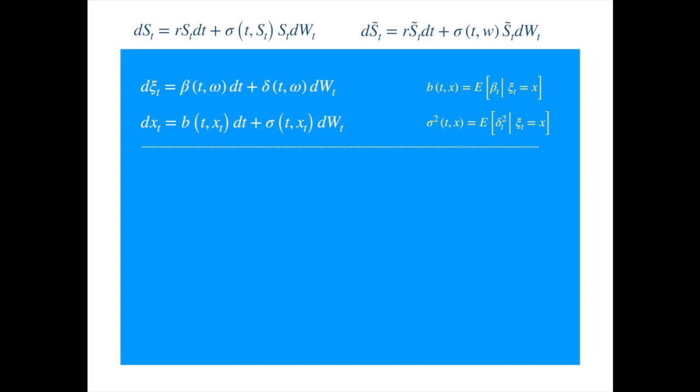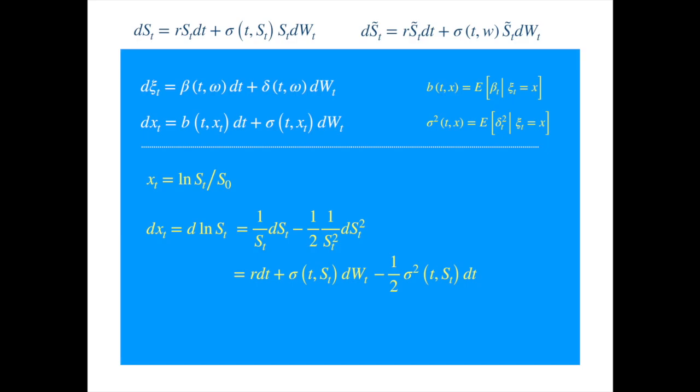We know to get rid of the multiplicative S, we will need to take the log of S. So let's define a new variable x as equal to log of S over S naught. Now to get the dynamics of x, which is dx, we apply Ito's lemma, which is the first derivative times dS plus half the second derivative times dS squared. Notice S naught is fixed, so its differential is 0. Substituting for dS and dS squared, we get